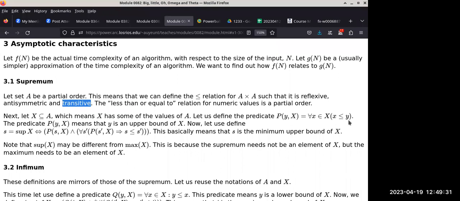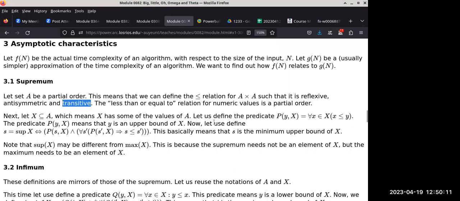Yeah. So what? So it doesn't have to be in X. So what does Y, X mean then? You mean this part here? These are parameters to the predicate P. Oh, so just the input. Yeah, these are just parameters, so that we can refer to Y over here and we can refer to X over here. This is how we define the predicate P. So as I said, the predicate P of Y, X means that lowercase y is an upper bound of uppercase X.